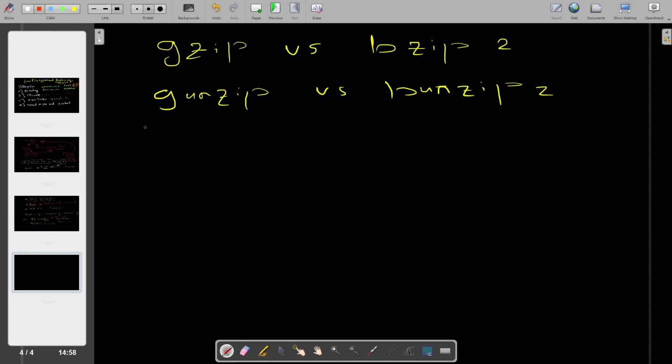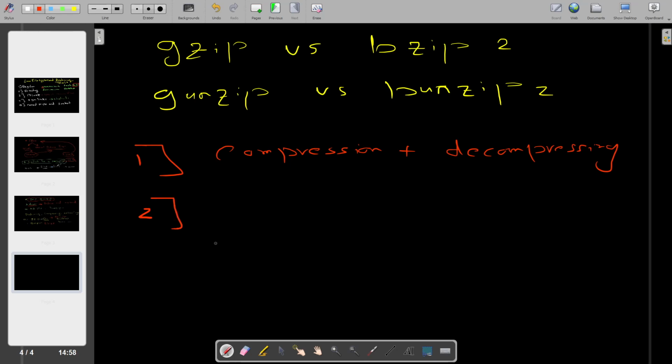So the first thing worth mentioning is that both can be used for compression and decompressing files. So you can use both to decompress and compress. But the second item is that there is a speed difference. So basically in bzip2, which is here, bzip is faster, or has, let me say, it's faster